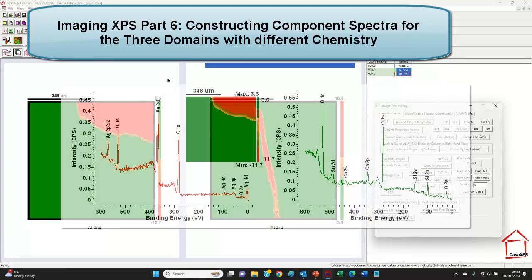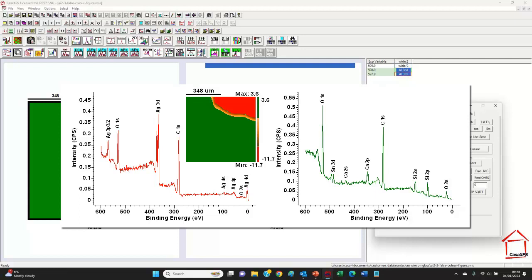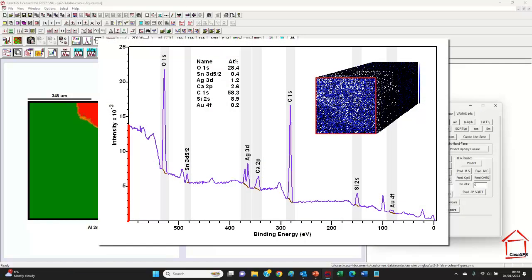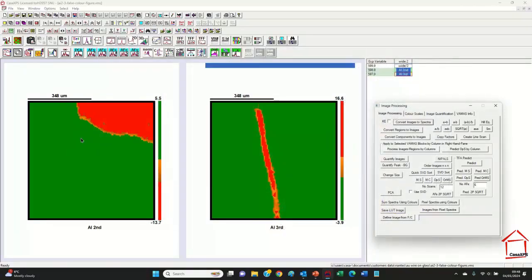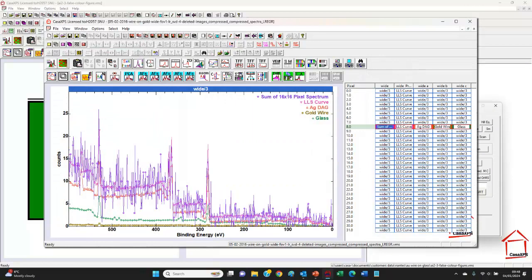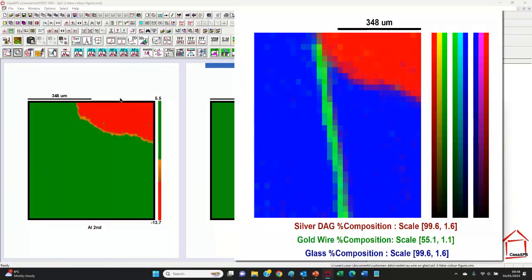In a previous video I calculated these false color images, and the purpose of these false color images was to calculate spectra from an imaging XPS dataset that were representative of the different chemistries across the analysis area. So in this video I'm going to make use of these spectra to fit the spectra at pixels across the entire image, and in so doing calculate atomic concentration or compositional images that derive from the imaging